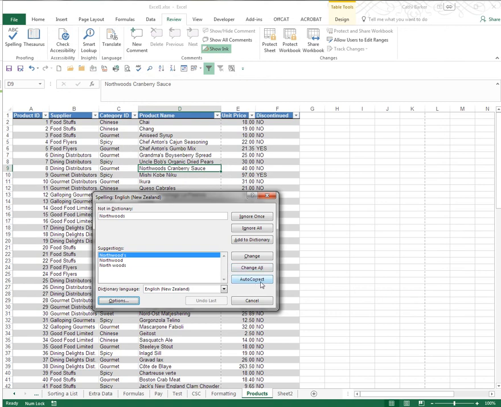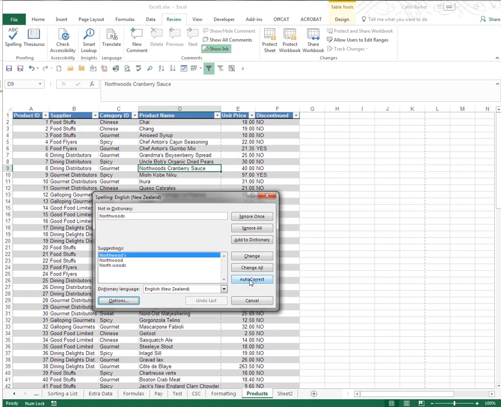You can also use the autocorrect, which means that every time it finds northwards spelt here, and you want it to replace with northwards with an apostrophe, you can choose the autocorrect option, which means that whenever you type northwards